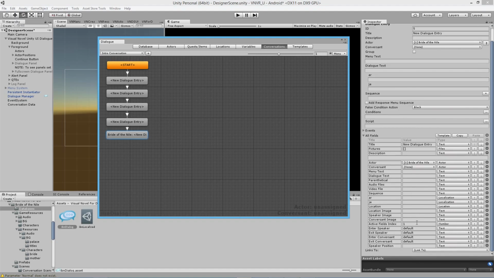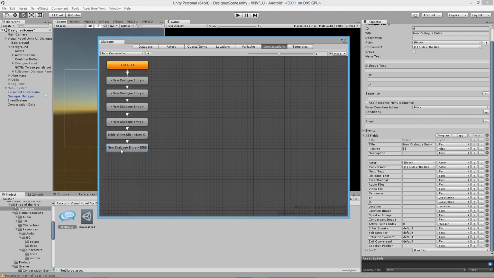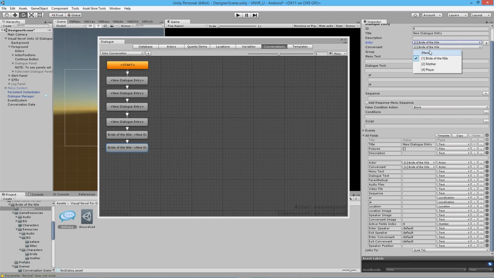So enter 1 here, and we chose the Bride of the Nile, and we don't want to proceed until the actor fades in, and then we will proceed automatically to the next node, in which Bride of the Nile will start talking